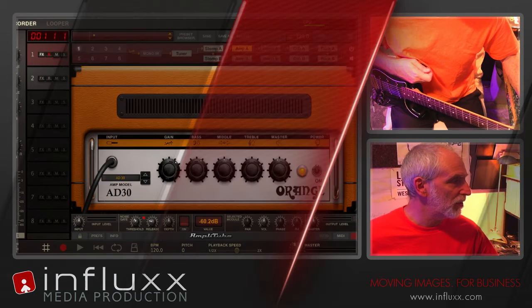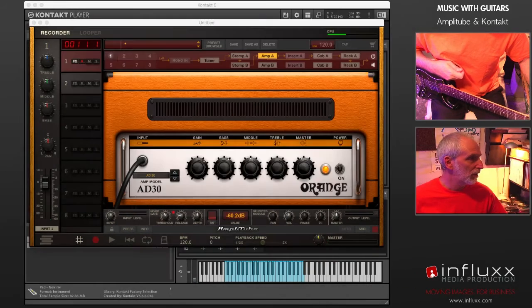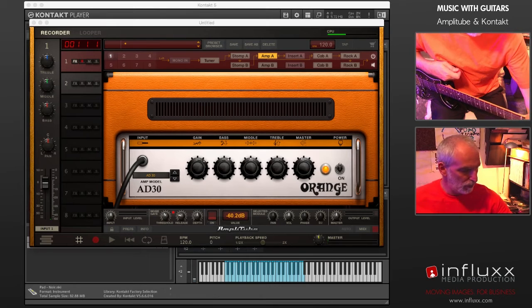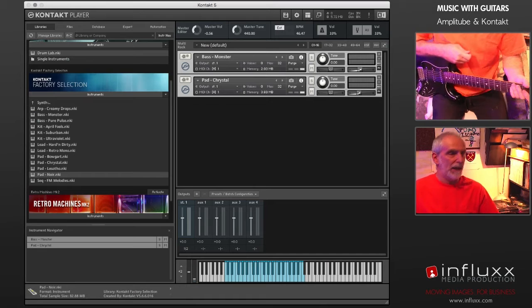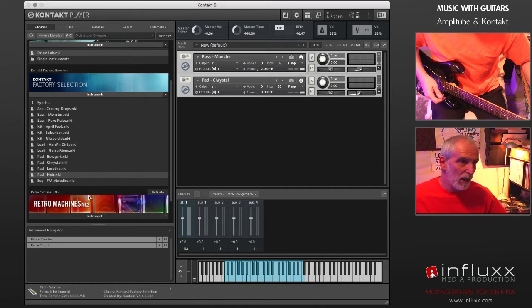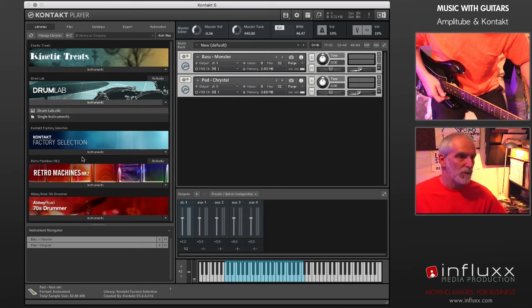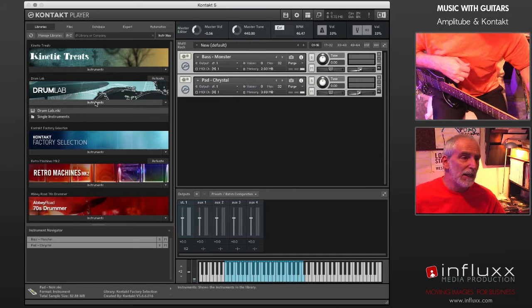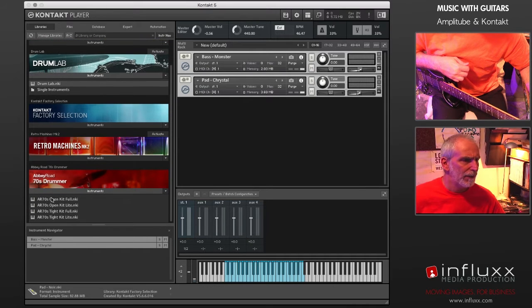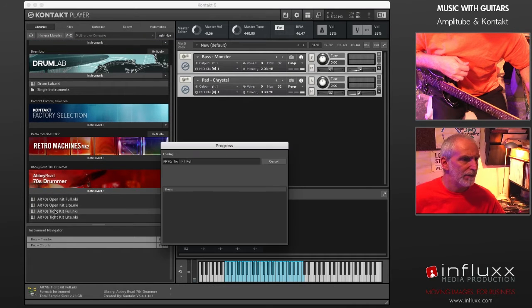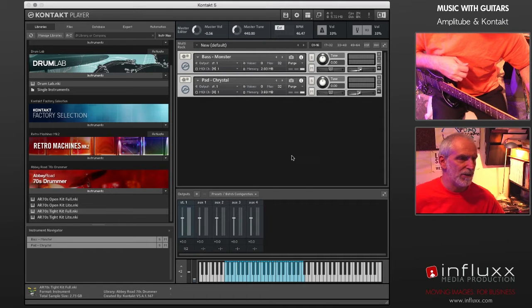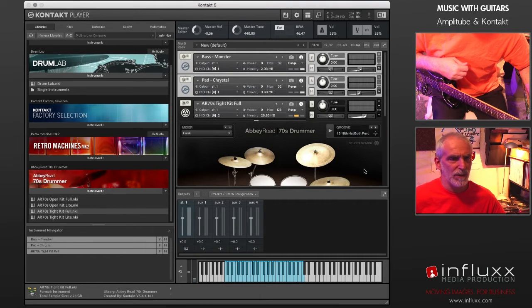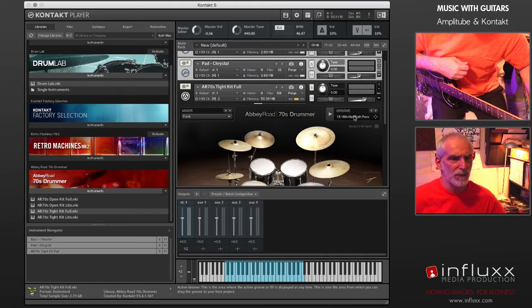So let's go back to Kontakt, and I closed the factory selection. Maybe we can add in, you can download a demo of one of these drum tools too, and let's